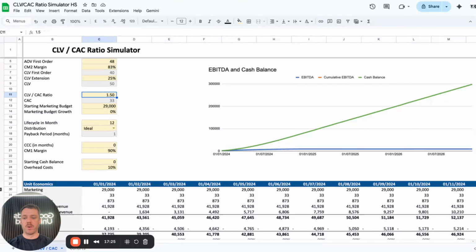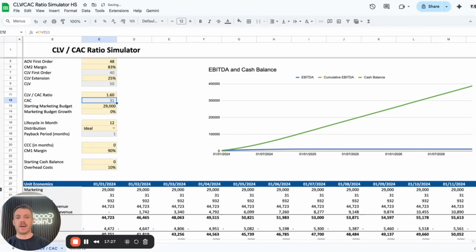But we have now at this client arrived at 1.6, where off the bat we're super profitable, and where the cash balance continues to grow, and we're constantly at a positive EBITDA, and that leaves us with a CAC of 31 euros that we can spend per new customer in order to grow profitably in a CLV to CAC ratio of 1.6. So summa summarum, what this episode is all about is pretty straightforward.